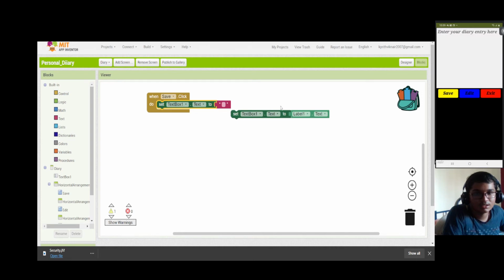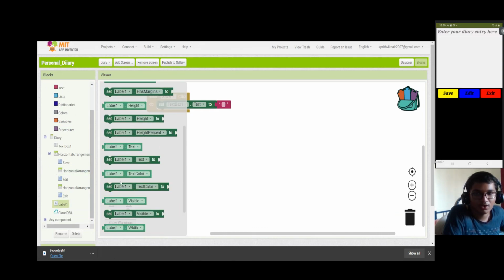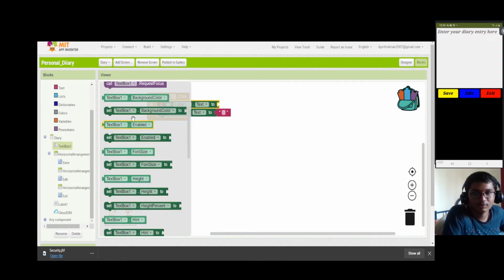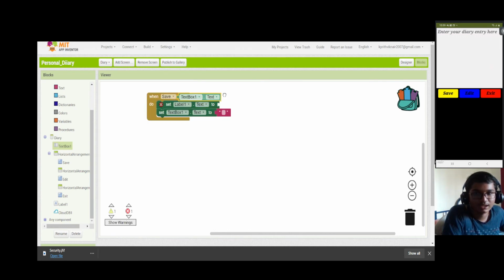And we should change this also, because this will be label 1, and this is not text box 1. Set label 1 dot text to text box 1's text. That was also a mistake which I did, and